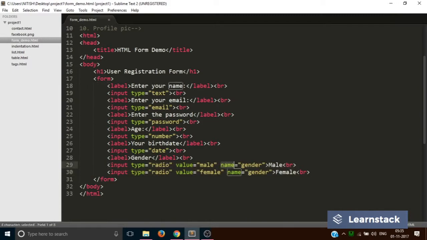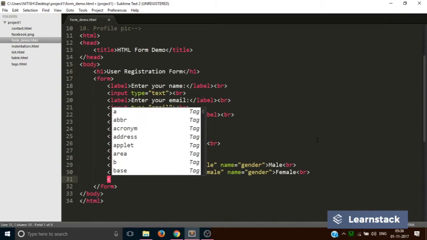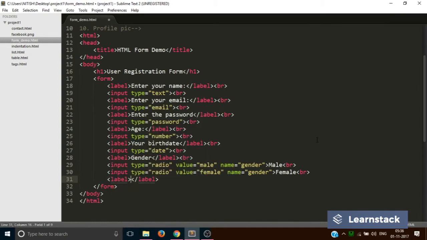If you don't use the name attribute, the user will be able to check both the radio buttons simultaneously. So whenever you are creating a radio button, just make sure that along with the value field you also use the name attribute. Great. Now let's move on to the next input field, that is